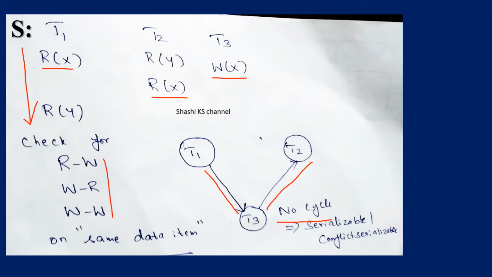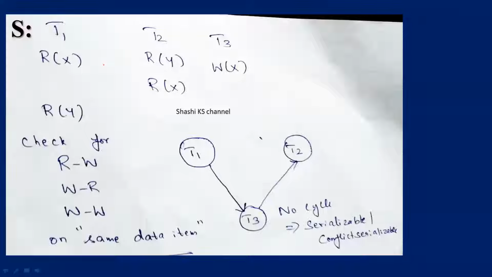The next one is you have to check whether it is view serializable. This is the given schedule. So in this given schedule, if I am able to prove that it is view equivalent to at least one of its serial schedules, I can say that it is view serializable. Here, to check whether it is view serializable or not, I have to check three conditions, namely initial read, final write, and intermittent read operation. So first I'll check the initial read operation.